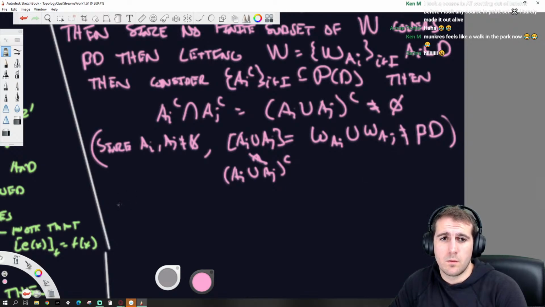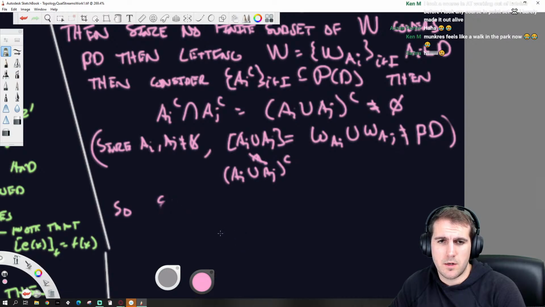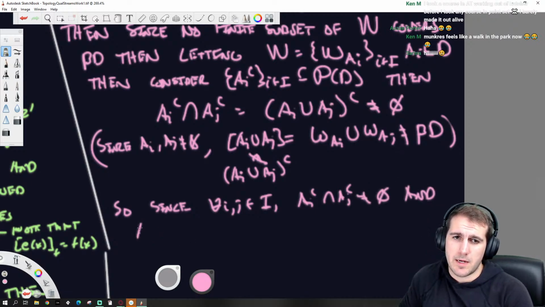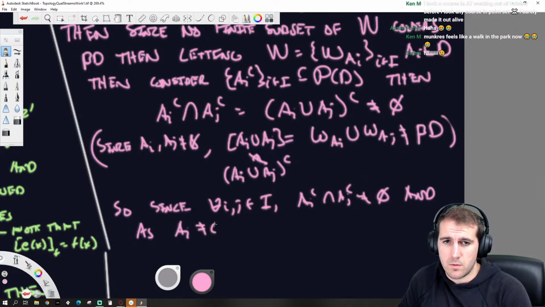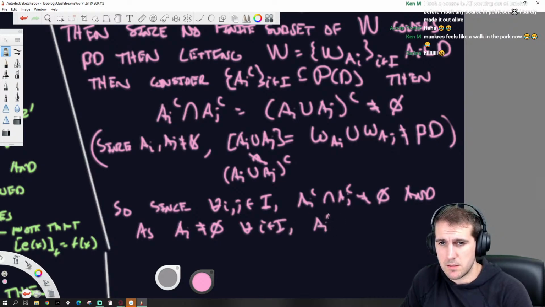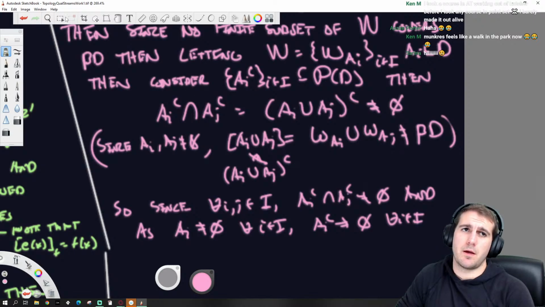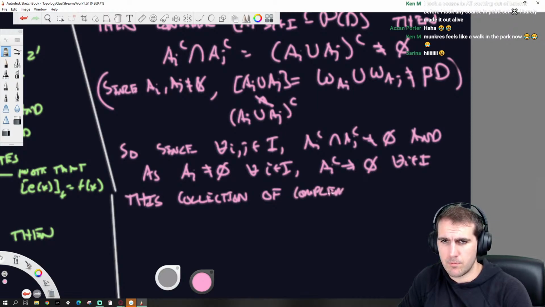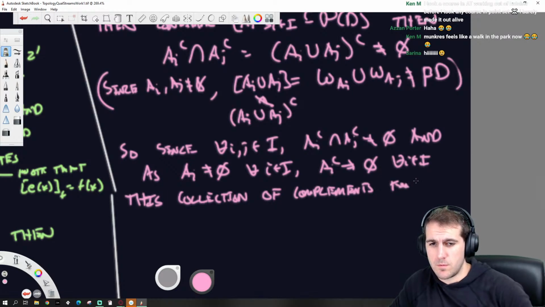Further, for every I and J within I, AI complement intersect AJ complement does not equal the empty set, and as AI does not equal the empty set for every I within I, AI complement does not equal the empty set for every I within I. This collection of complements forms a base for a filter.